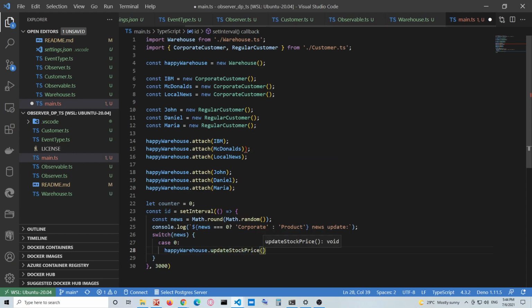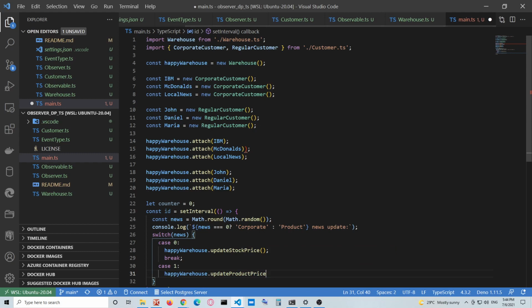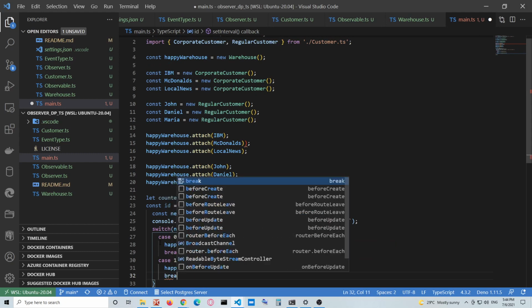So update stock price, and automatically when the stock price updates, it will generate a notification to the relevant users. So break, and in case this is 1, we are going to say update product price, and this is going to generate a regular event to the relevant users. So break,